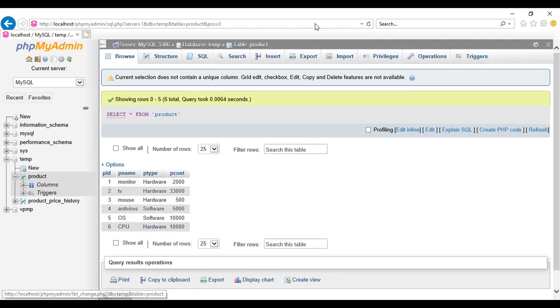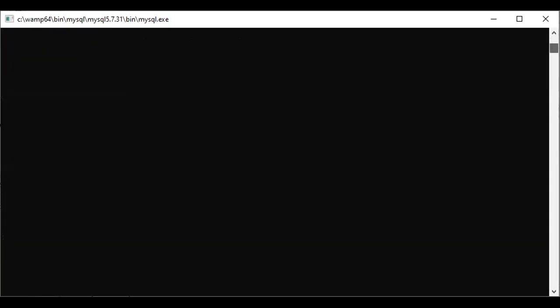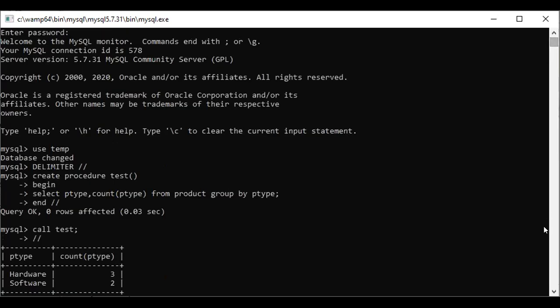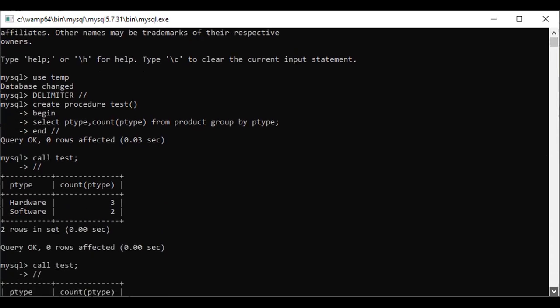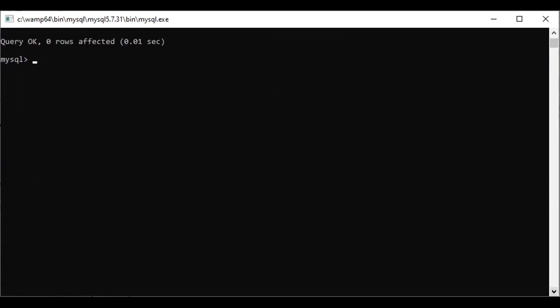Now create a procedure to increase the price. Define a delimiter.